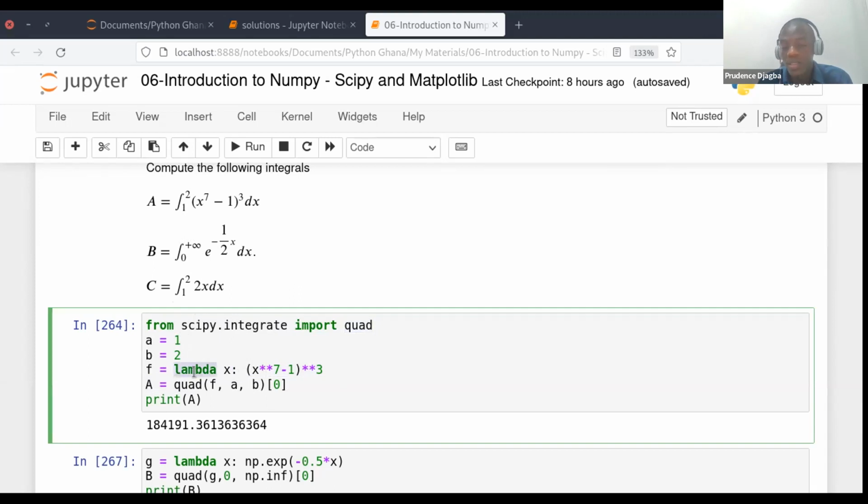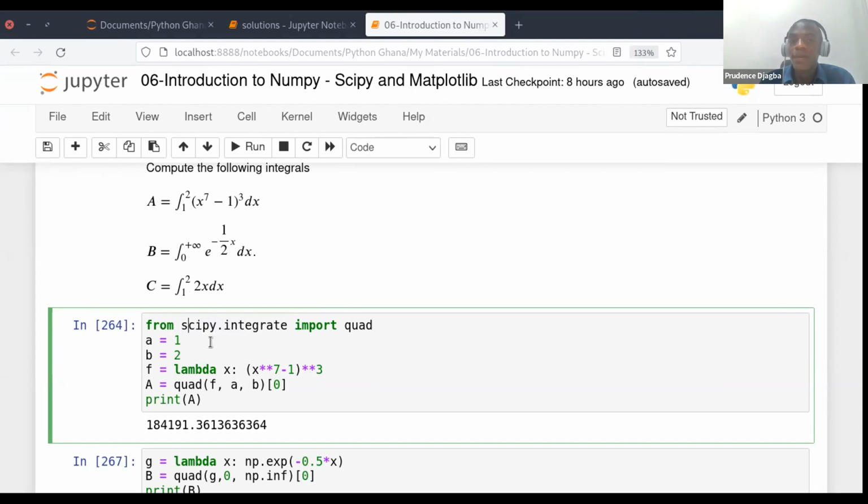Instead of doing, okay, define f of x and write the instruction and return, you can just use lambda if you are dealing with the argument x. So we want to evaluate the integral of this function f of x, which is equal to x to the power 7 minus 1. So we've defined the function, we define the values of the integration a and b, and do not forget to import SciPy, because SciPy contains some sub-packages of integration